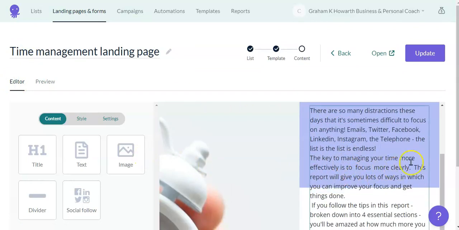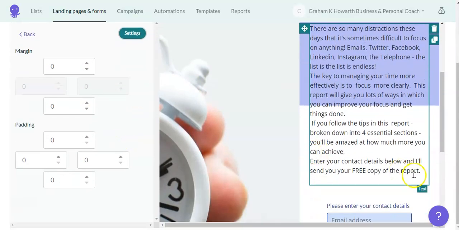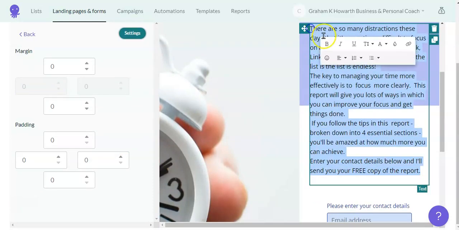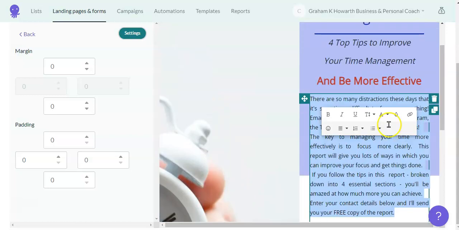We can, if we look at that, we can probably make the text slightly smaller, I think. Let's make it 16, and then I think we will justify it just to even that up a little bit.